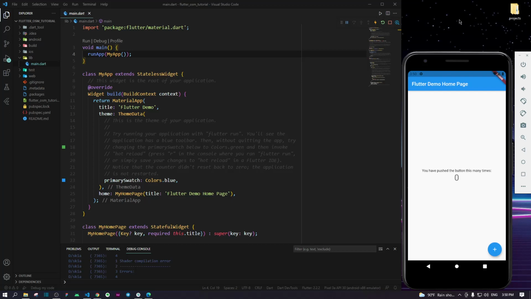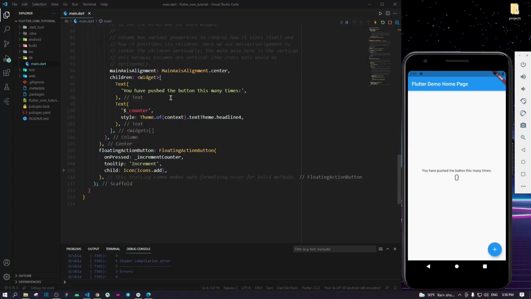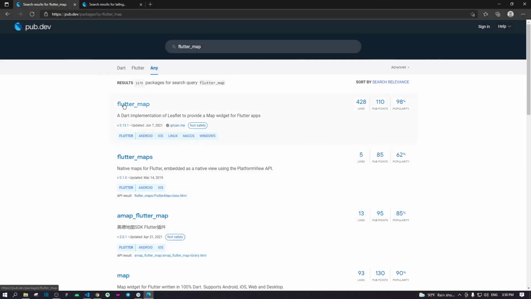Alright, so to get started, here I do have the basic app template that you get when you make a Flutter app. I didn't do anything, it's just a new app. I named it Flutter OSM tutorial. You can name it whatever you want. All that being said, firstly I'll add the packages. So firstly we need Flutter map